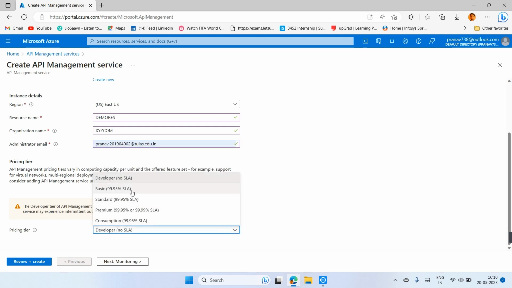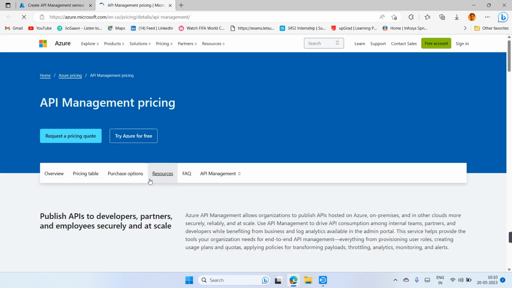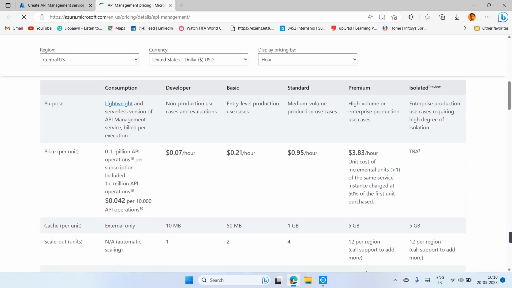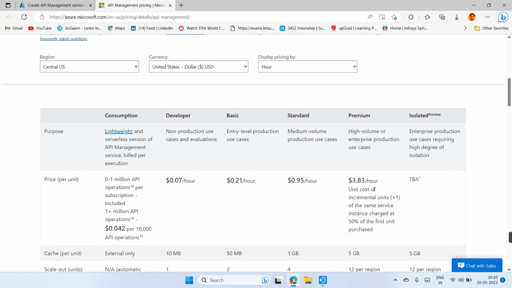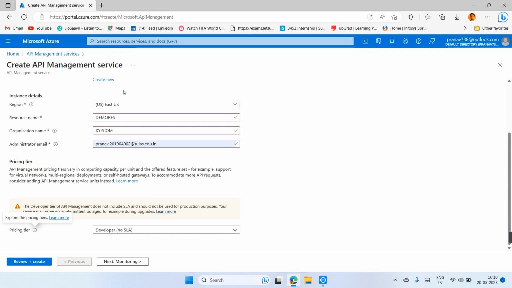These are the different packages or pricing tiers that Azure sets, like basic, standard, premium, consumption. You can read from here the different pricing tiers for different consumption, like 0 to 1 million API operations per subscription included. So I am using developer no SLA. Next,